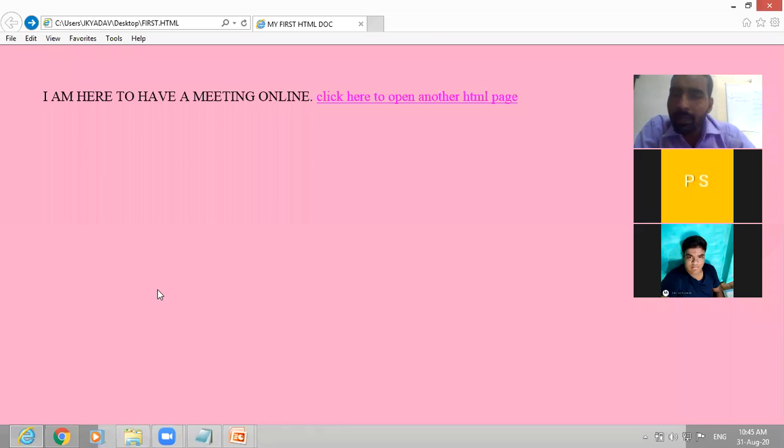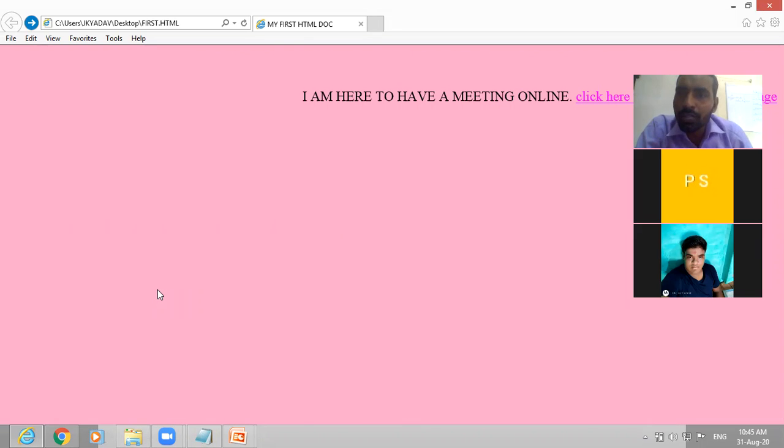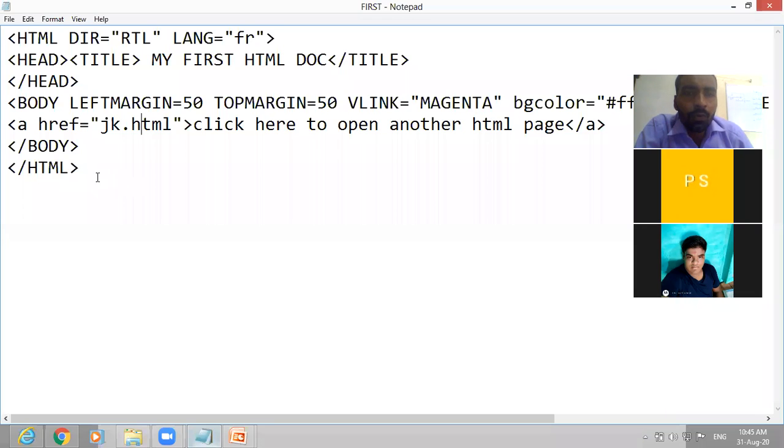Now the text has gone to the right side. So now let us set the right margin. If we set right margin, then the text will appear that many points, whatever we define, away from the right edge of the window.